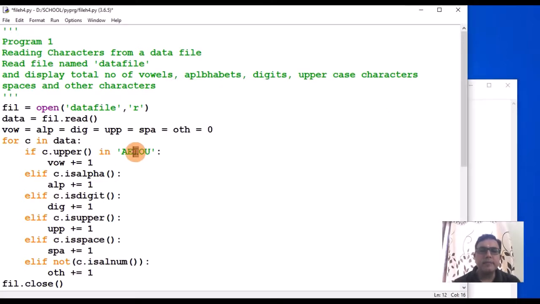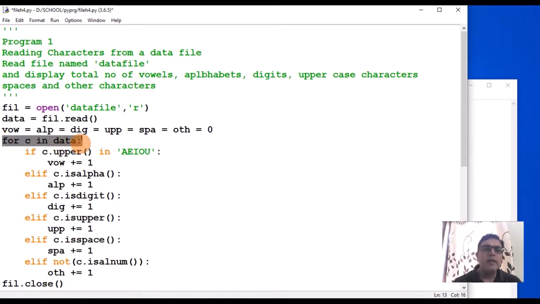So it will come into the true part of this if, and vow will be increased by 1. After reading one character, it has found that character is a vowel and has incremented the value of VOW.